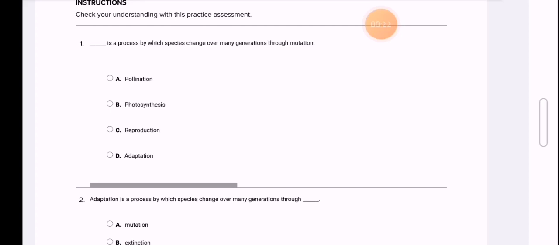If we have parents with black hair and their offspring is with brown hair, so now we can say that this process is called mutation, which means that there is a change in their traits, okay? So we can say that we can add another keyword for adaptation, and now we can say that we have 4 keywords about adaptation. Adaptation is a process that helps living organisms to number 1 survive, number 2 reproduce, and don't